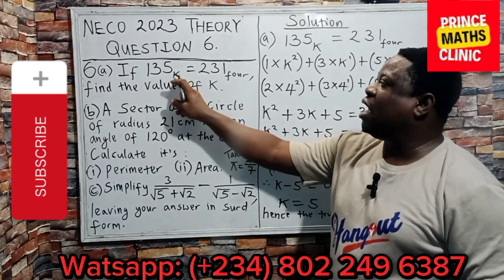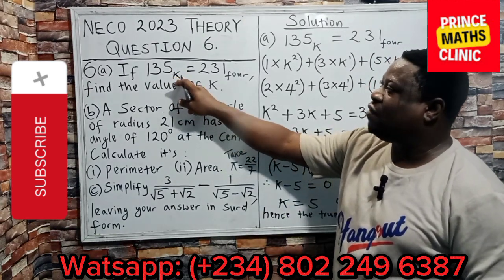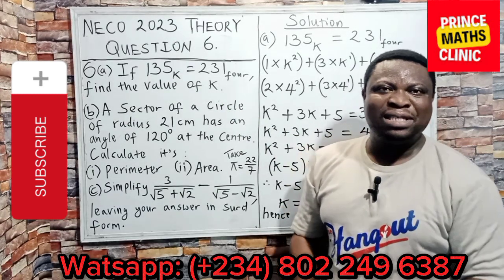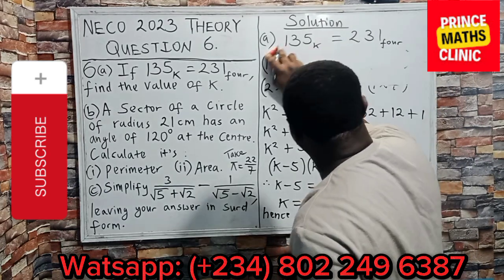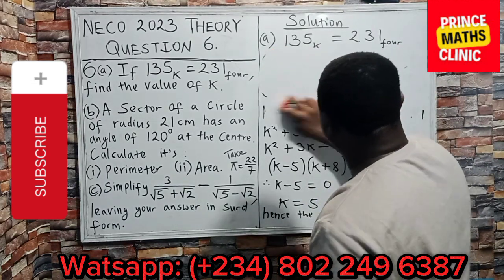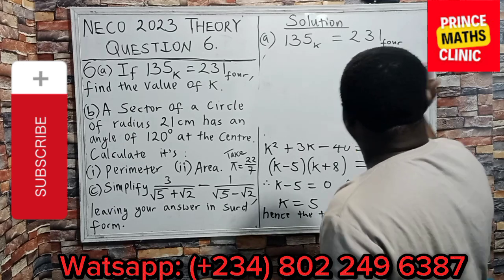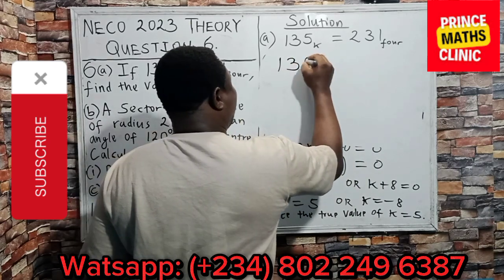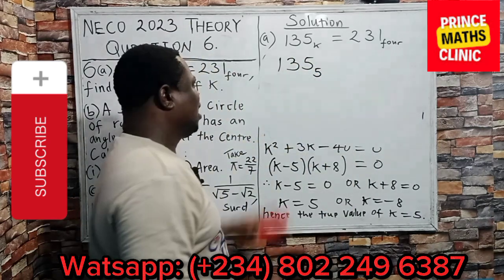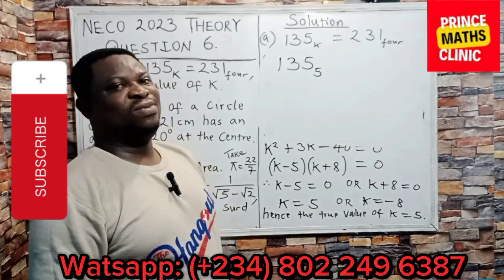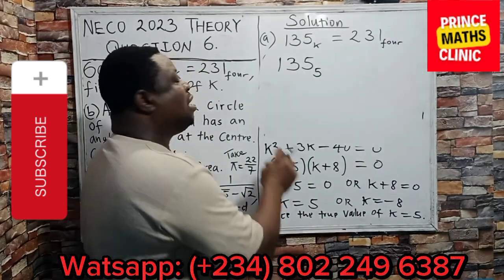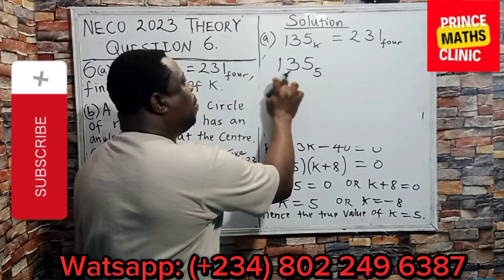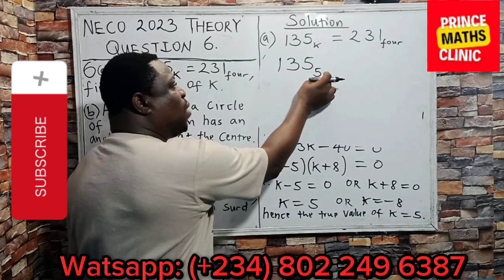Then let's give this a critical analysis. 1, 3, 5. Now we have found out that the value for k is 5. Is that true? As mathematicians, let's debate. 1, 3, 5, base of 5. This cannot be true, because in a base system,